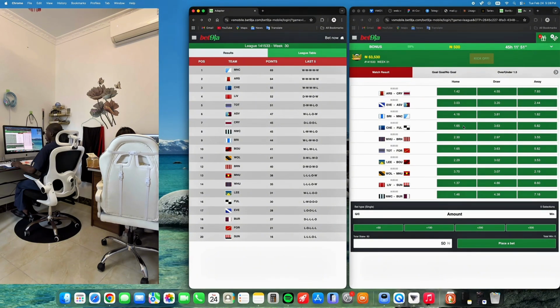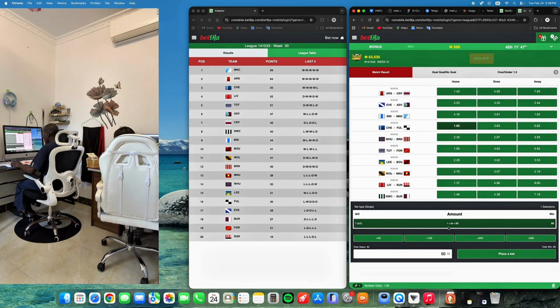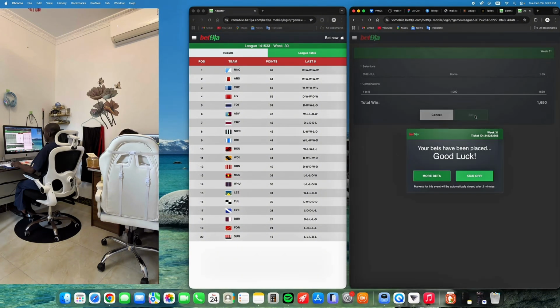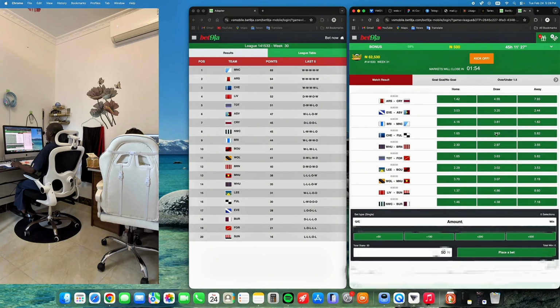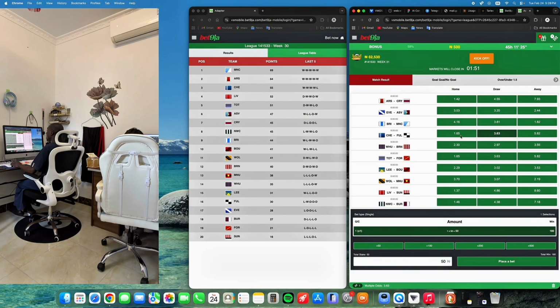In cases like this, all you have to do is place a higher bet on the team that has a high chance of winning. So in our case, I'm going to place 1000 for instance, and with the 1000 I will win 1650 if I win, okay? So I'll place my bet. Then instead of clicking kick off, I'll come to more bets, okay? Then on more bets, I'll click on the draw, because let's assume this one has 60% winning chance, then this one has 35% winning chance, then this one has just 15% winning chance.